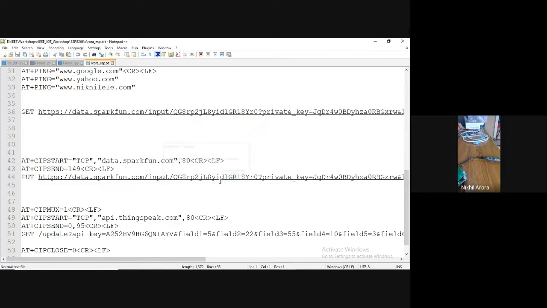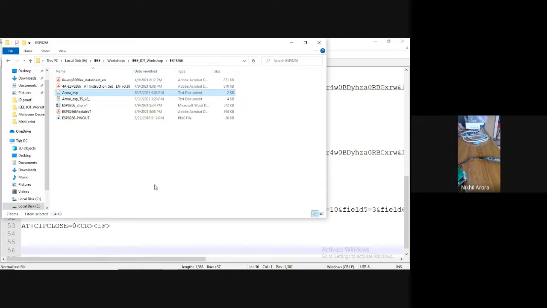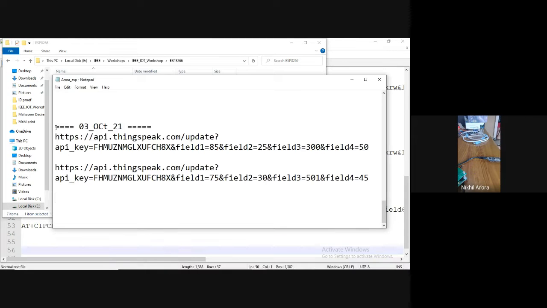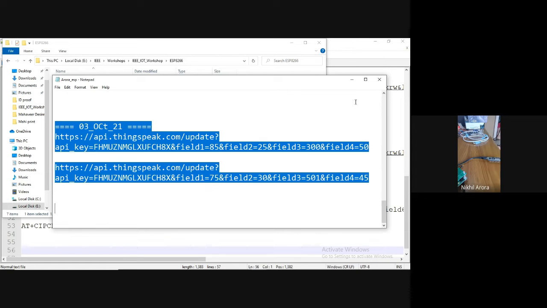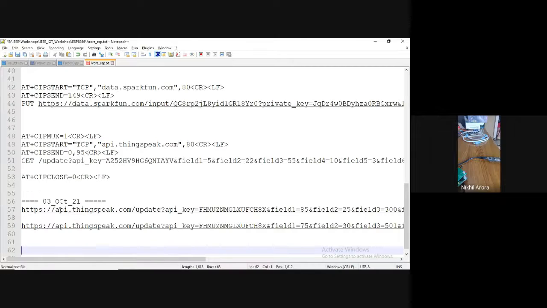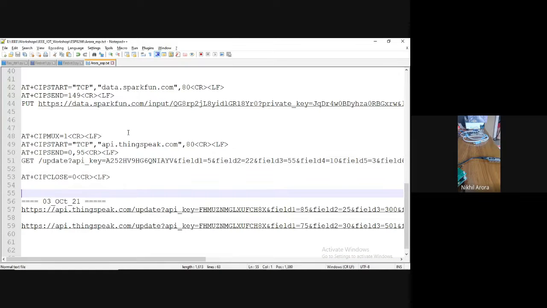Okay, so mux is there. These two things I'll copy, Control C, and then I'll paste it here, Control V. So we have to create a new command set, new data set.